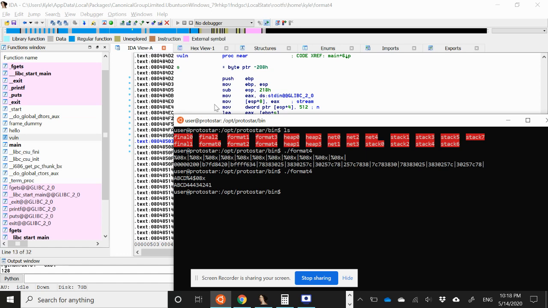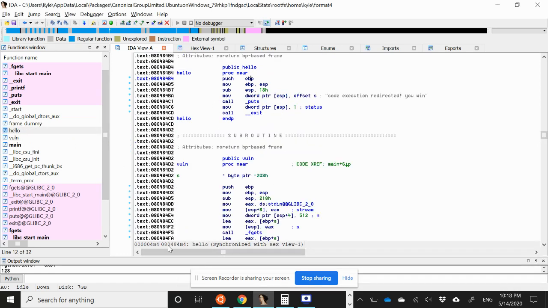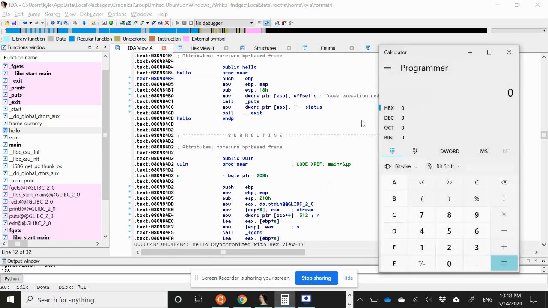The first is we could just write it as a single word, but the address of hello is quite large, it is 080484B4. If we put that into our calculator, we can see that's more than 134 million. So obviously, we should not expect this to work because there should be some buffering issues with the standard, and we should not be able to display this many characters with printf. So while this would have been nice, to do it all in one go,